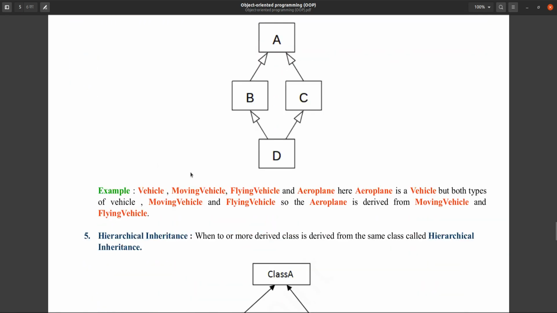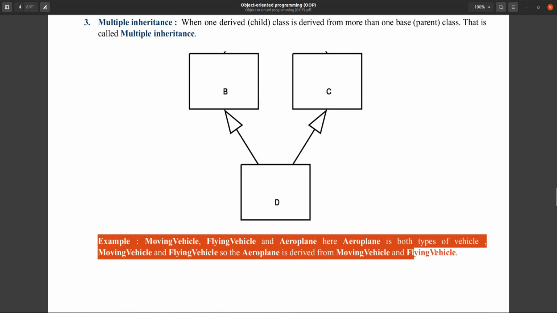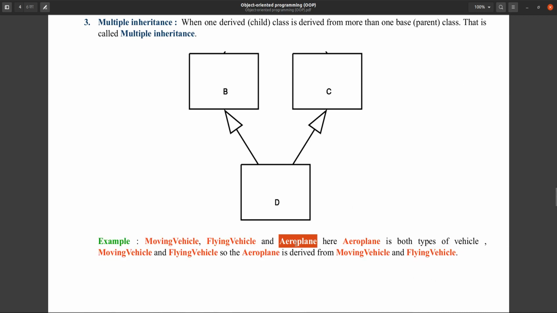So we will see the example. We are not doing much here; we are just modifying the same example. You observe here, aeroplane is a moving vehicle, and aeroplane is a flying vehicle.